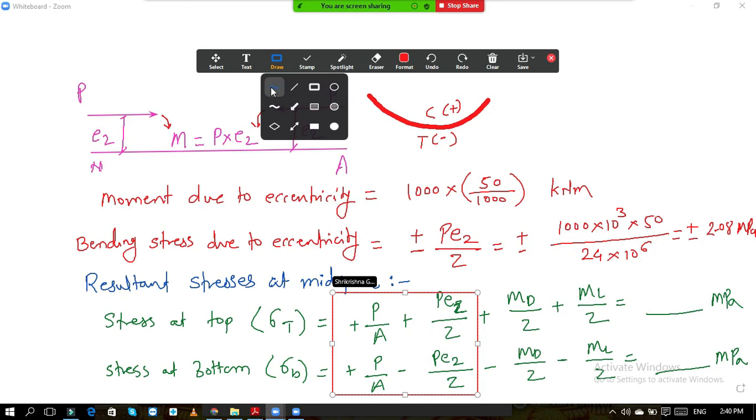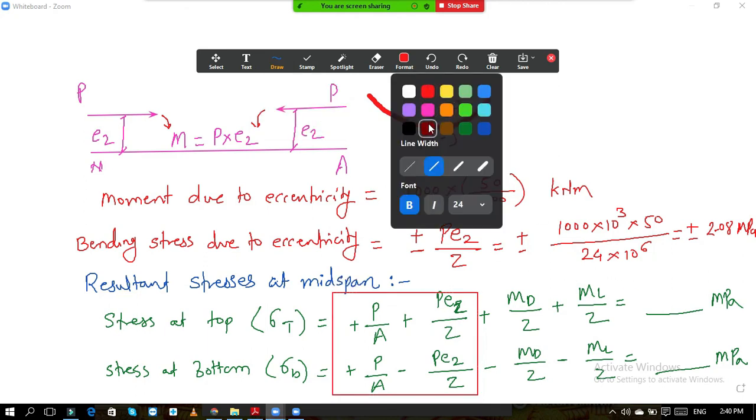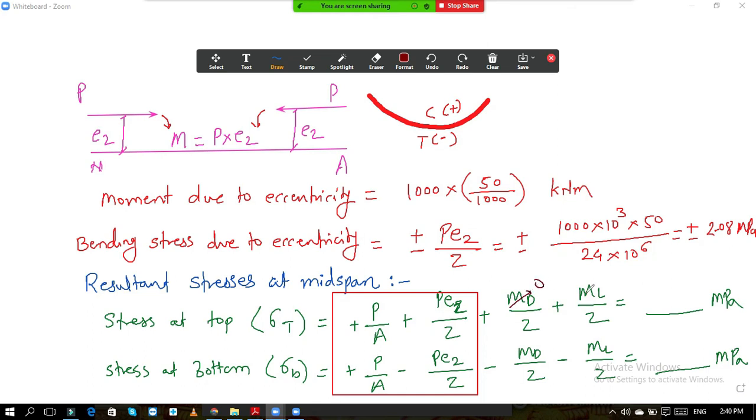Because at the end section, what will happen? At the end section, this will become 0 and this will also become 0. Where will it become 0? End section. Okay. So the resultant stresses at the midspan section, as you wrote, the resultant stresses at the end section will also have the full formula, but Md by Z and Ml by Z will become 0 at the end section, so only this much will remain. Okay, at the mid section the full formula applies, and at the end section the terms Md and Ml become 0. Okay, so I hope now this is clear to you.